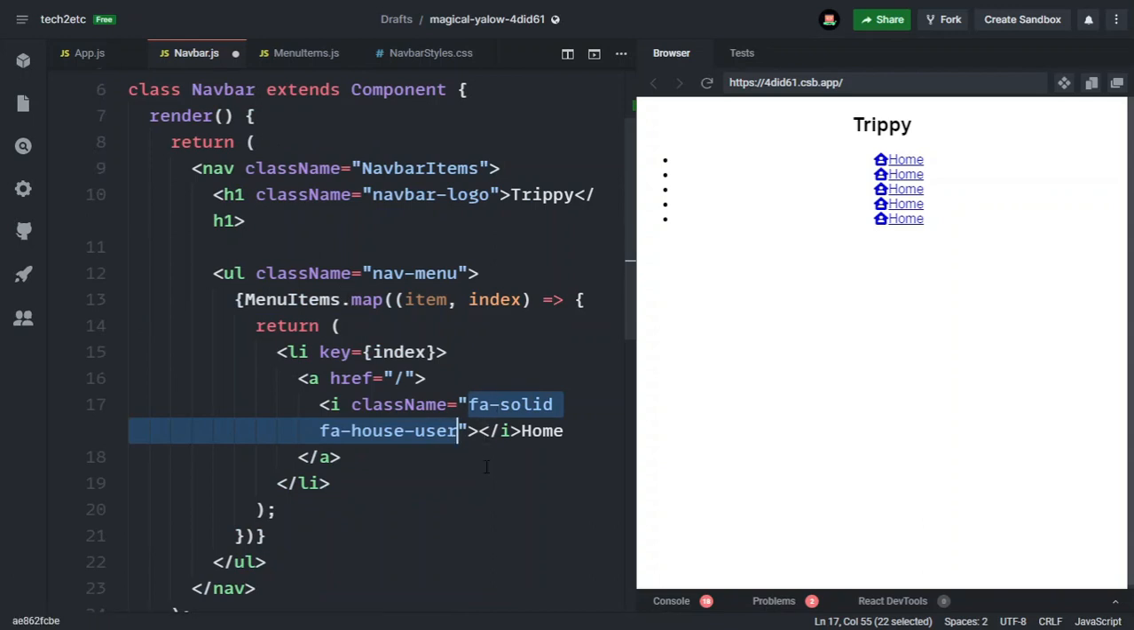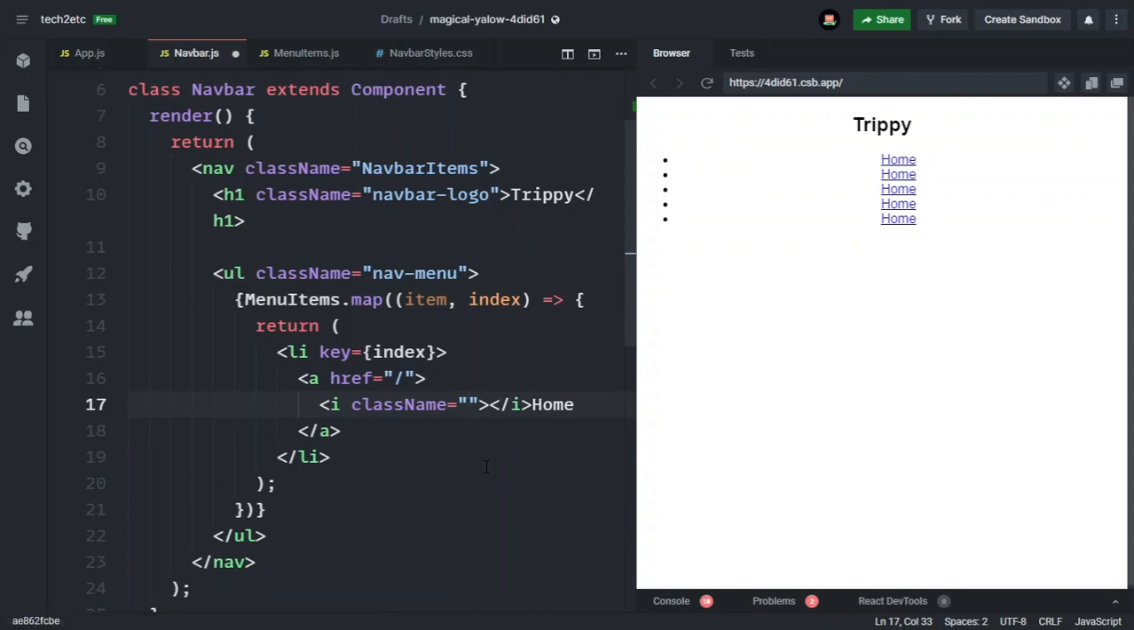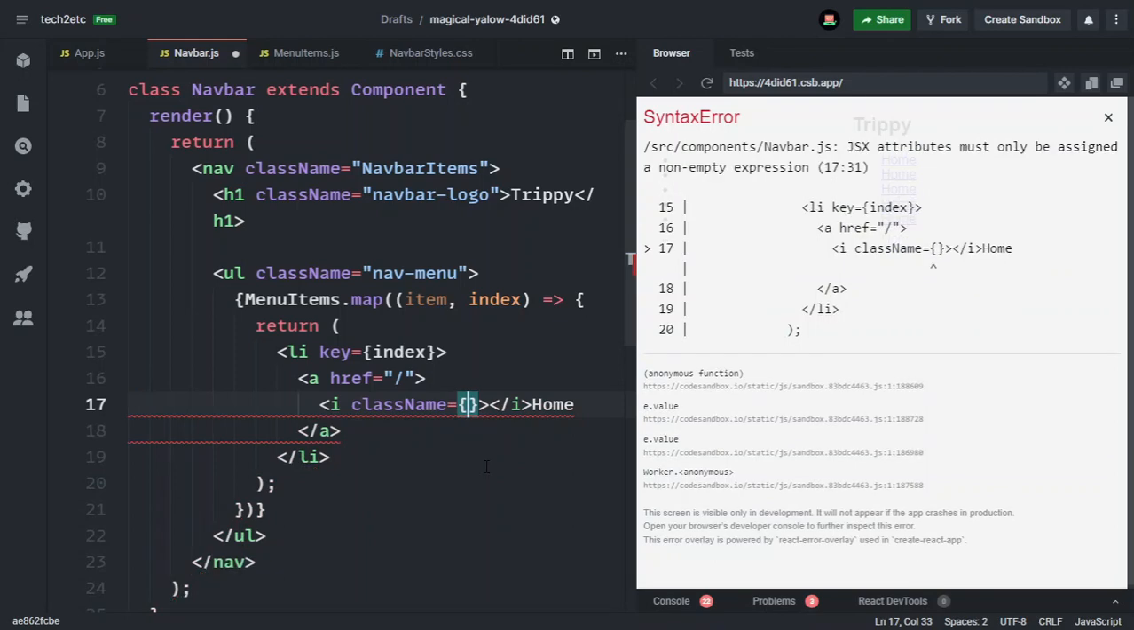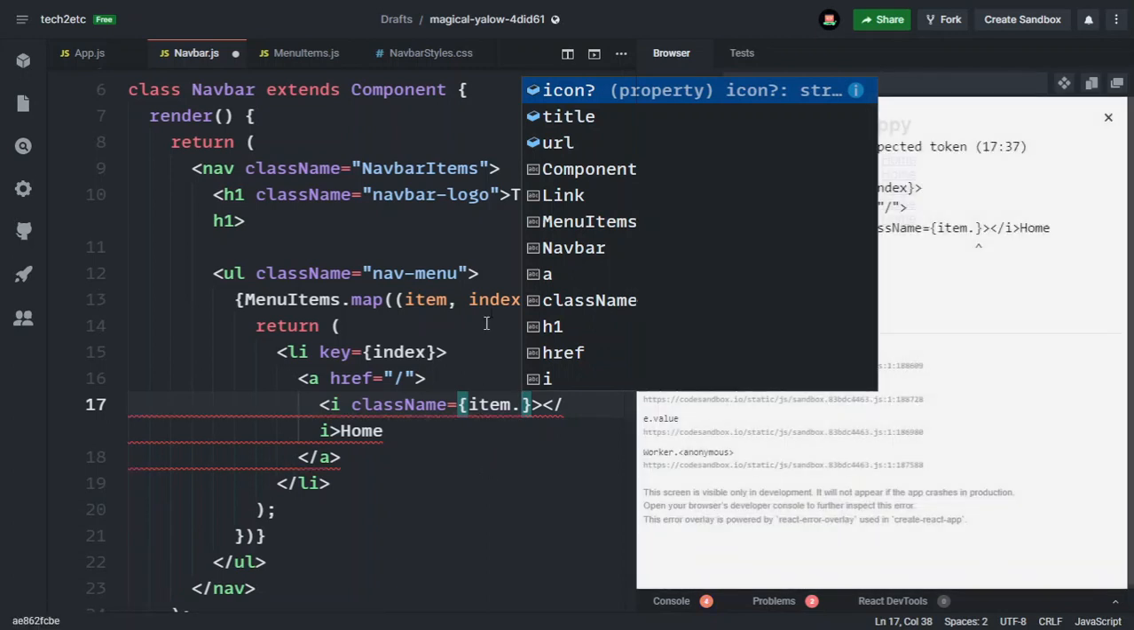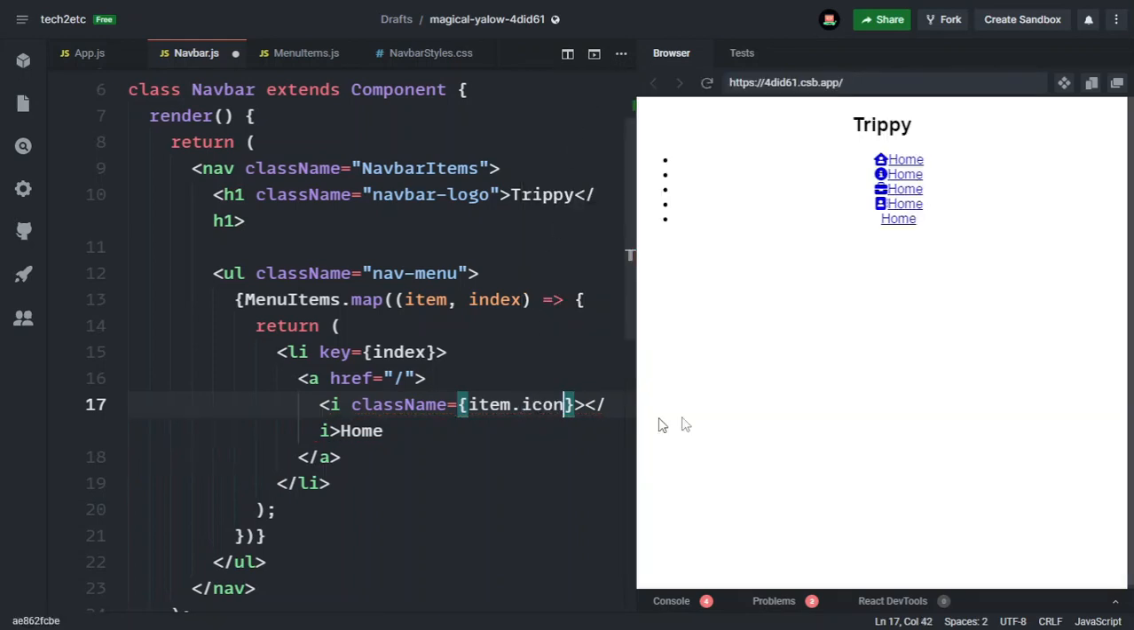For doing that, I will simply remove the old class name, and here I will add curly braces. Then I will take item dot, and here you can see that now I have a suggestion, which is saying that we have the icon property, the title property, and then the URL property. Which one do you want to take? I want to take the icon property, so I will simply click on this icon, and guys, boom, here you can see that